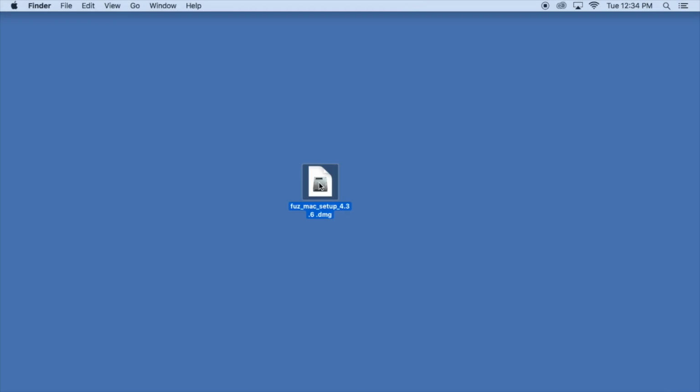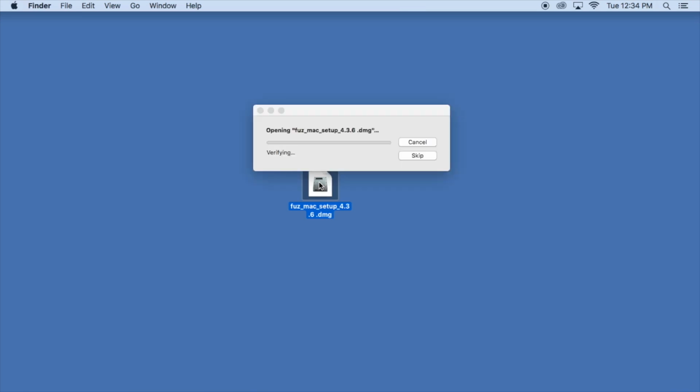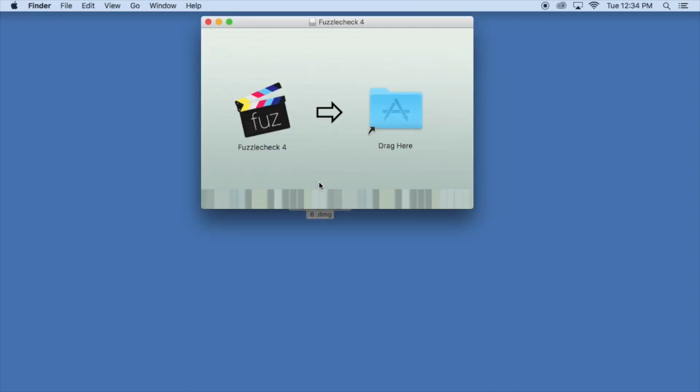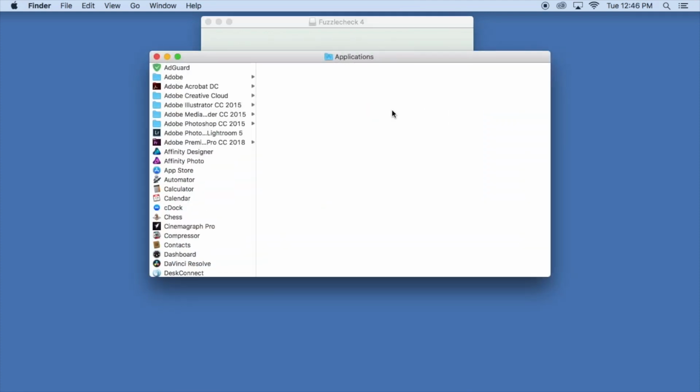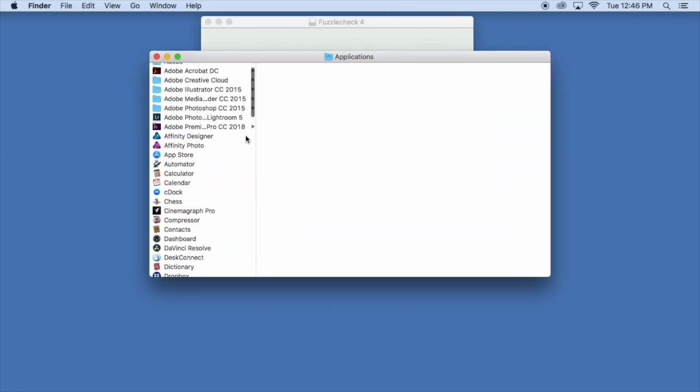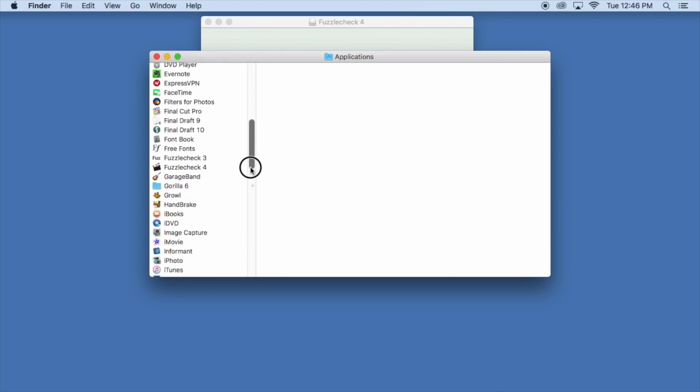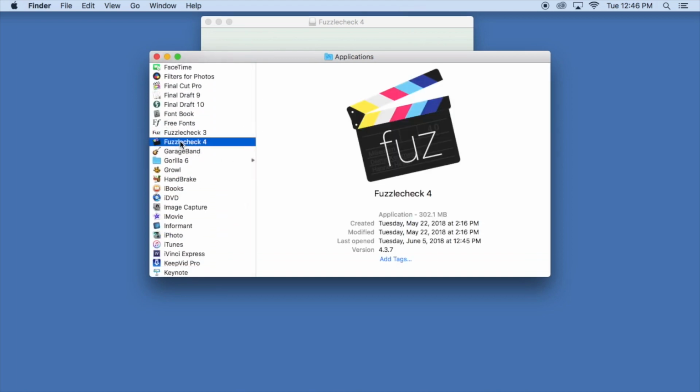Now, at this point, we've downloaded the installer from the Fuzzlecheck website, and depending on whether you're using a Mac or a Windows computer, you have a disk image or an executable file on your desktop. Double-click and the Fuzzlecheck install disk is unwrapped, and now we simply drag the Fuzzlecheck 4 icon onto the applications folder alias. Wait for it to copy over, and then we can open our applications folder, scroll down to find Fuzzlecheck 4, double-click,